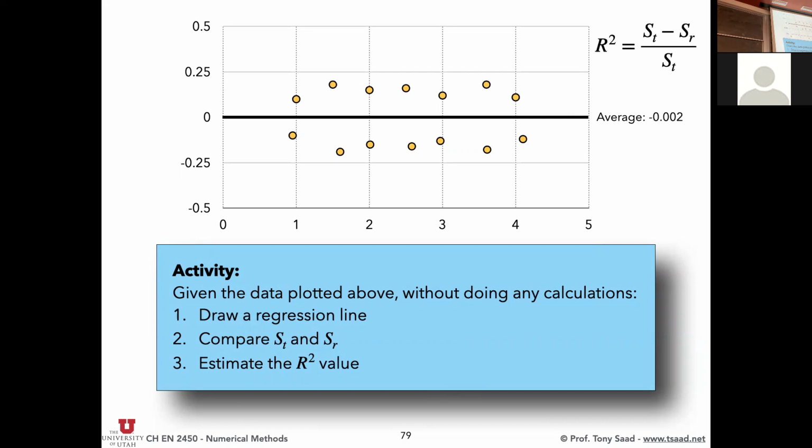Yeah, just almost right on top of the mean value. Okay, so looking at those data, the regression line is going to be in between them, trying to minimize the error between them, and it's probably going to fall almost on top of the mean value. Now, what does that mean in terms of SR and